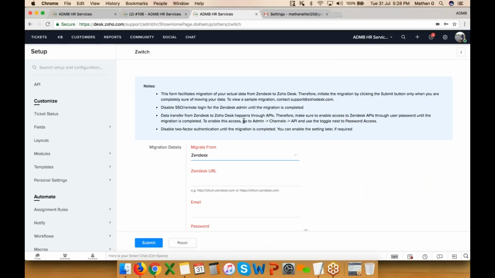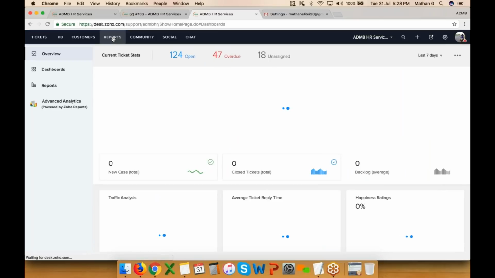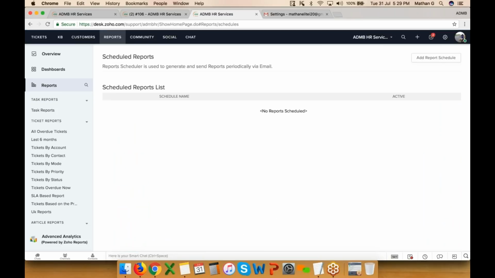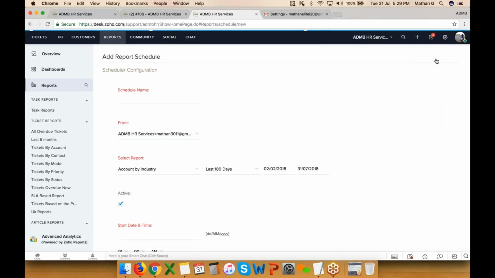Let me also create some predefined reports to show you how these things will work. Here we have two options: you can create a global report, which will be created for all the departments. And even if you want department-specific reports, you can get onto the respective department and create a report. We also have an option where reports can be scheduled. You can just click on add report scheduler,